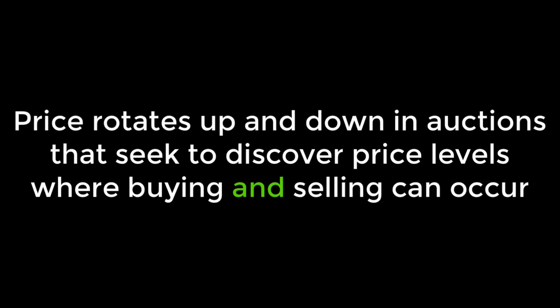Within Jim Dalton's writings on market profile, the movement or the rotations of price up and down are referred to as an auction, and by considering price as an advertising mechanism, this is a really appropriate description. The market explores, or auctions, at price levels to discover areas where buying and selling can occur, and this is how a market becomes established as a market.